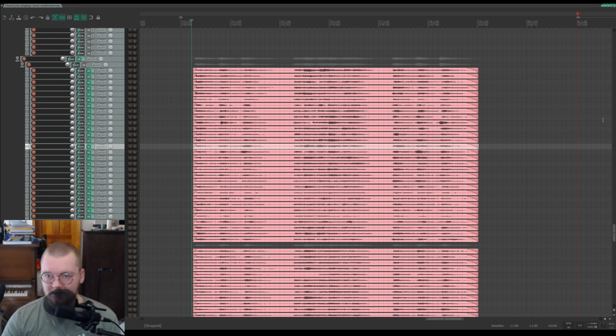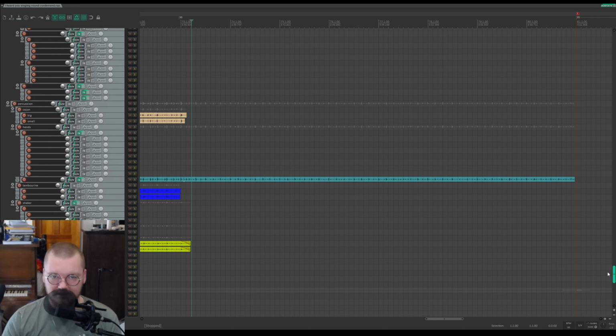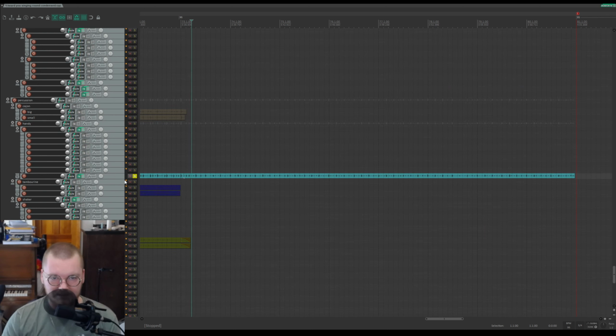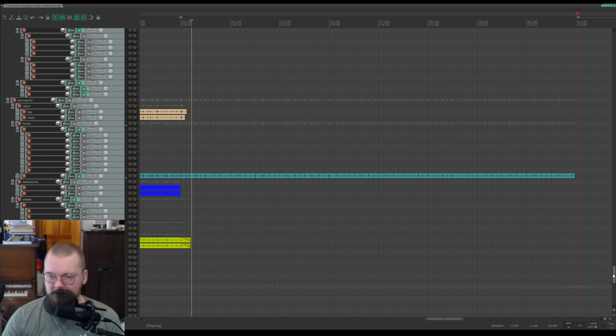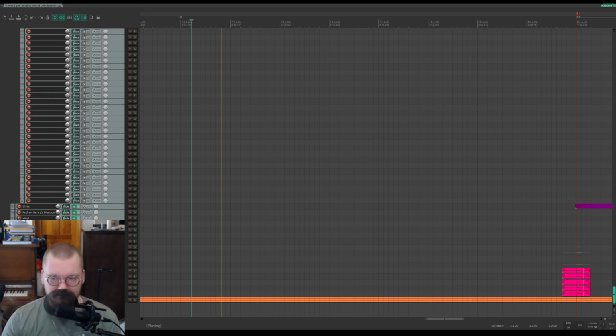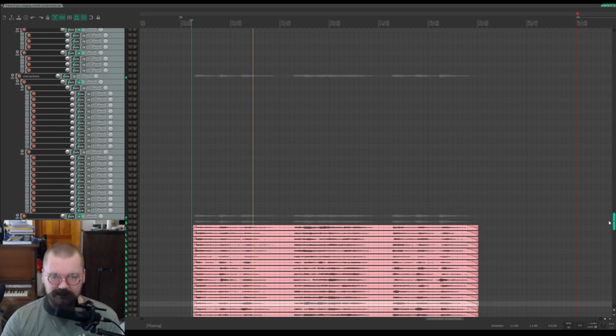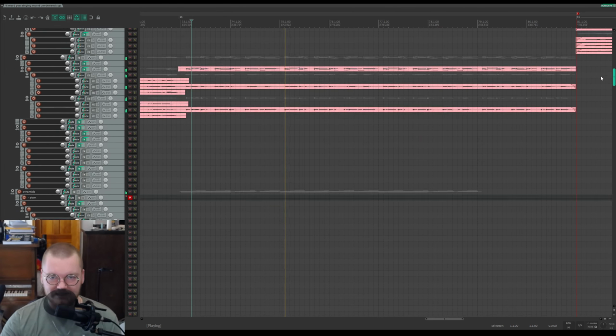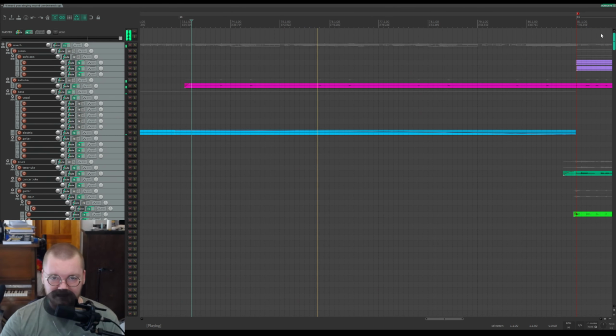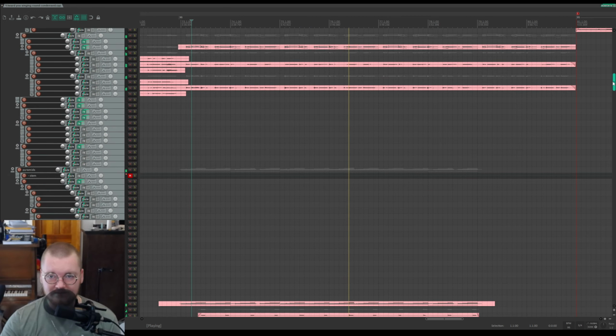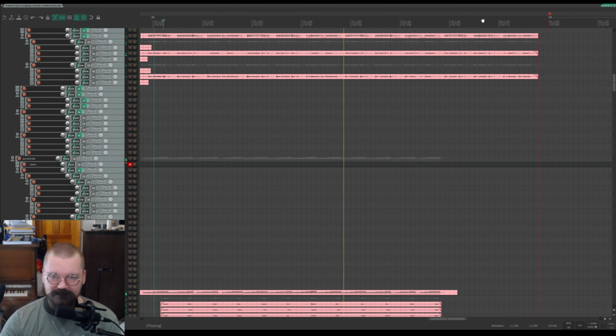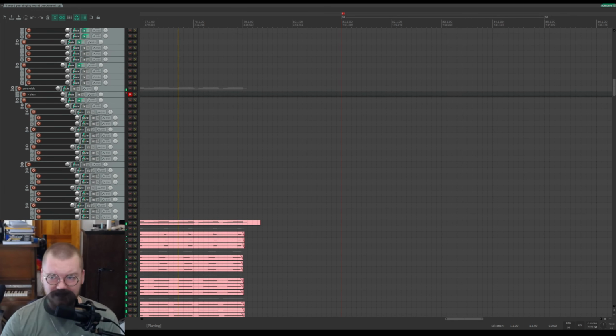So that's going on. What else have we got during this section? The hand drum continues, the djembe from the previous section, still going strong. Frogs in the Swamp still going on throughout the entire track. Yeah, that's it for this section. Oh yeah, and then at the very end, really fun vocal stack.